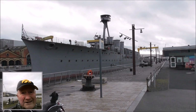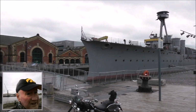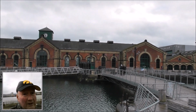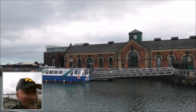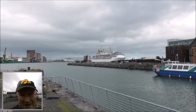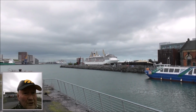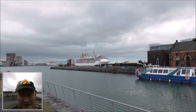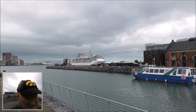of Jutland 1916 and well worth paying the money to get into. There's the Titanic pump house that serviced all the big ships of the past, pumped out dry docks, and down here we have a cruise ship, and we are in January and cruise ships don't normally come in until after April, but this is a turn up for the books. We have had Viking cruise ships in the past for refurbs, but this is the